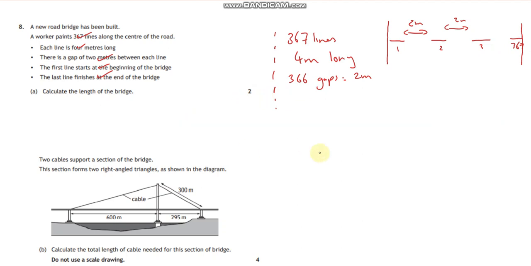All we're going to do is say I've got 367 multiplied by 4, and to that I'm going to add on the 366 gaps multiplied by 2, and that should come out as 2,200 metres, or 2.2 kilometres, which they